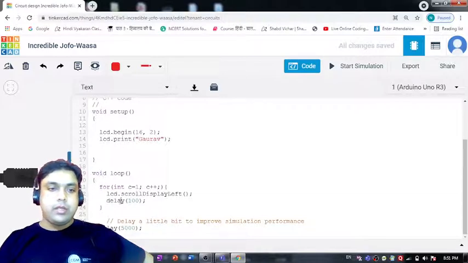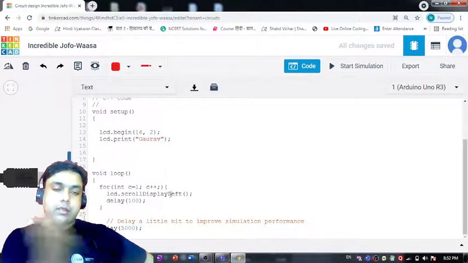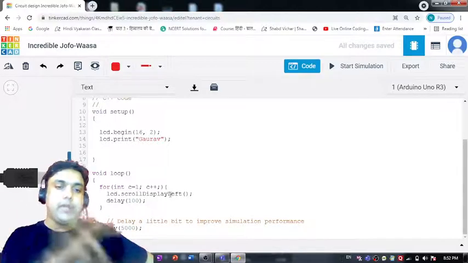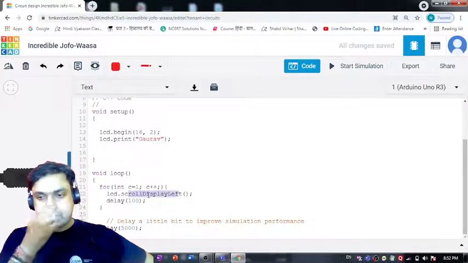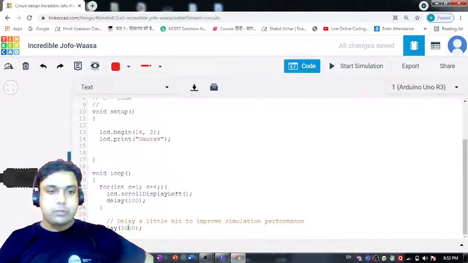Now here we have defined this for loop, right, and inside this for loop we have defined this LCD scroll display left. This is also fine, as I want to see the text moving from right to left. That's the reason I've defined this scroll display left. What else has to be defined now? That's what we have to find out. Everything is perfectly fine over here.